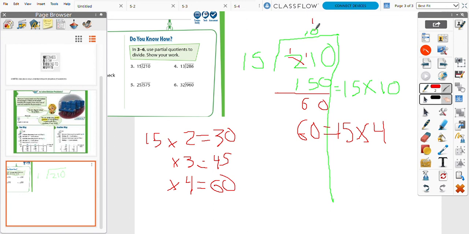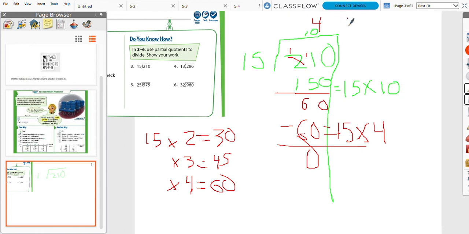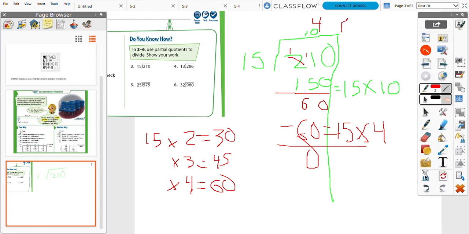Make sure you add your 4 up here. And then we have 0 left over when we subtract those, correct? 15 times 4 is 60. So my final quotient would be 10 plus 4 is 14. So 14 is my final answer. And if you want to put your final answer over here, or at the bottom,